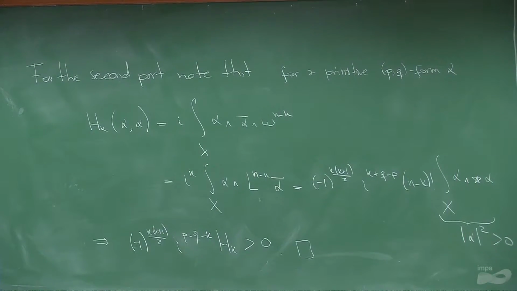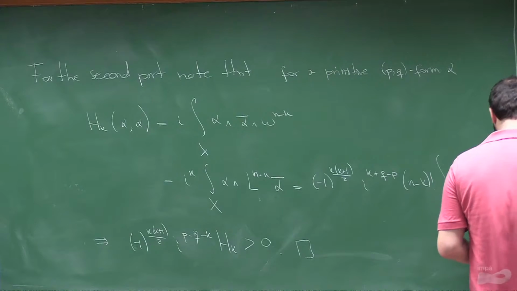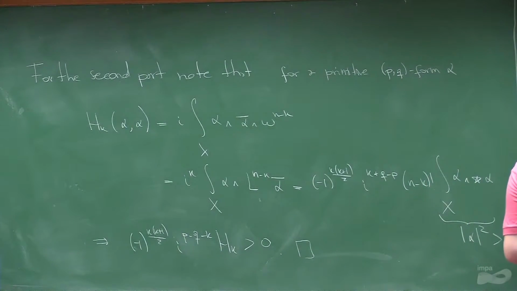Let X be a compact Kähler manifold of dimension n, and then the signature of the polarization Q is equal to